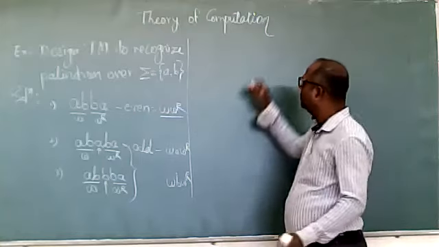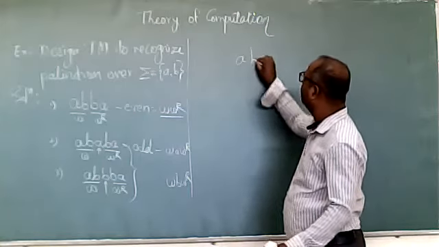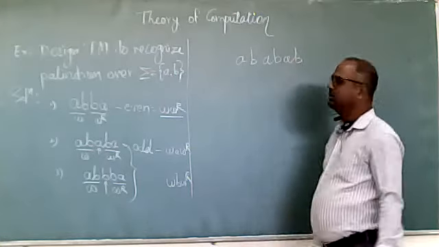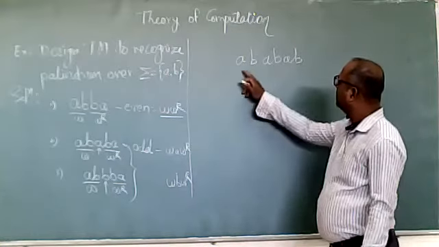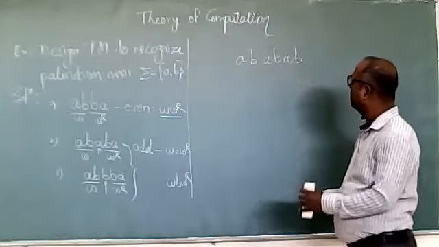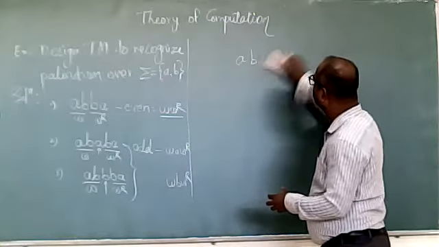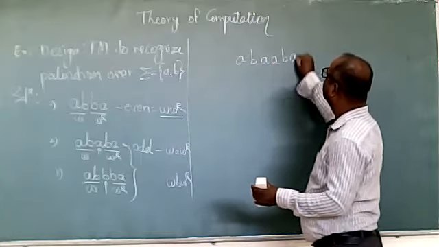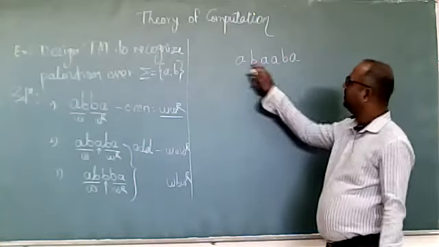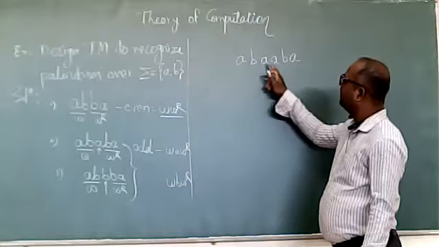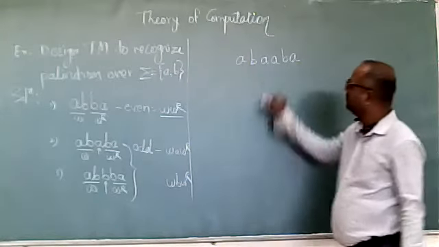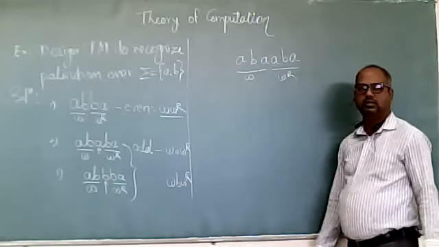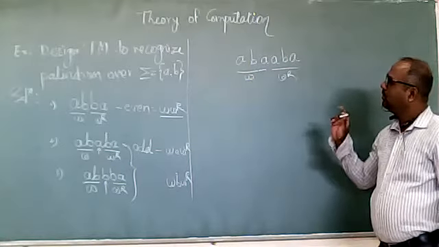Now we'll take the first string, even size, ababab. Suppose this is a string. This is even size, ababab. No, this is not a palindrome. So, an even size palindrome: abaaba. Yes, it is a palindrome. abaaba, abaaba. Yes, it is a palindrome. If we see, this is what we call W, and this is your W^R, an even size palindrome.